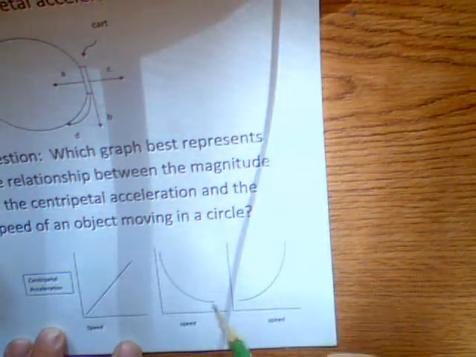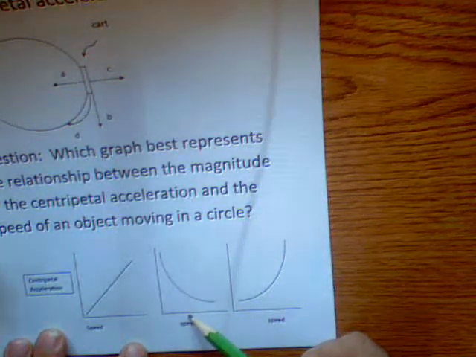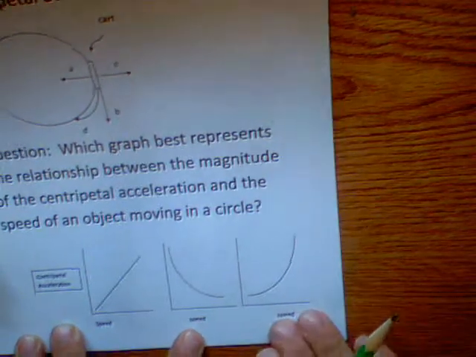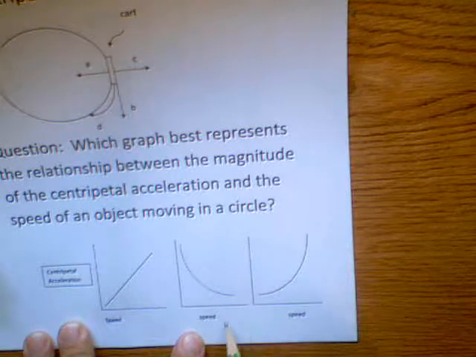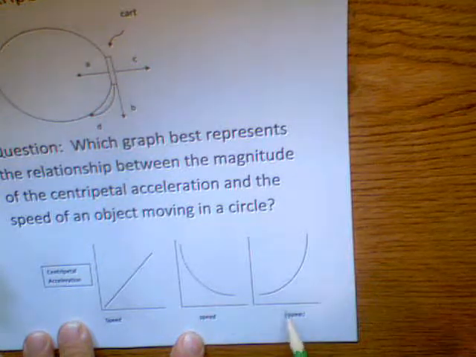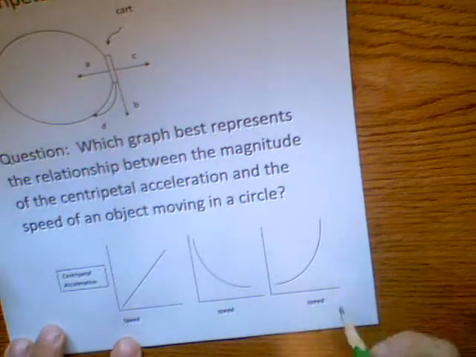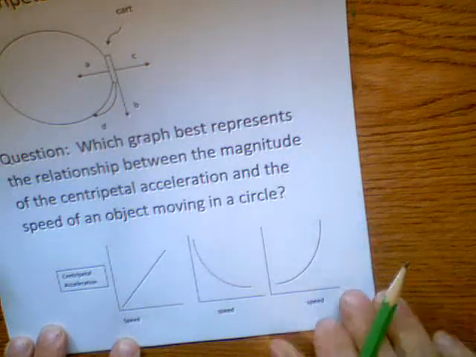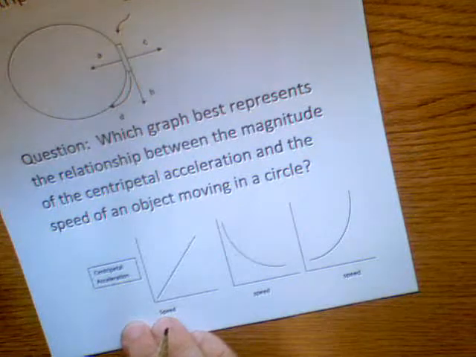And then we have a relationship here that appears to be the inverse square, and then this is x squared, because it rapidly increases. And the reason why I use that, if we go back to our equation,